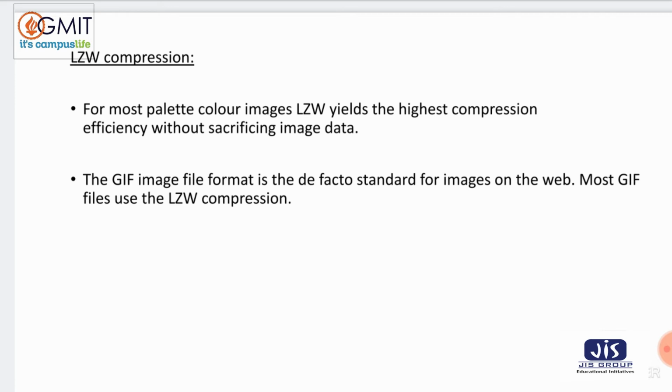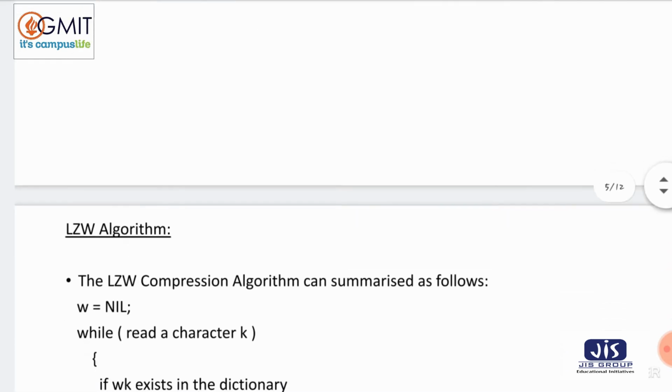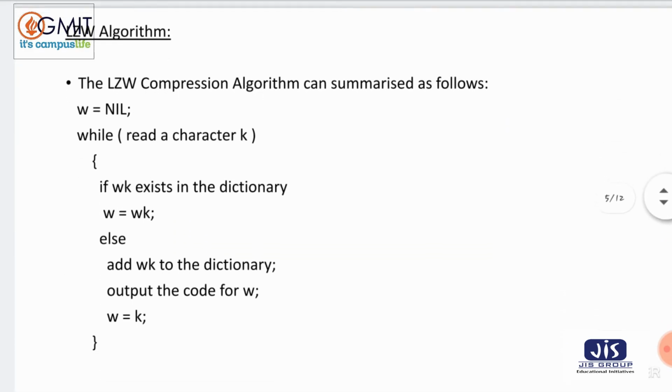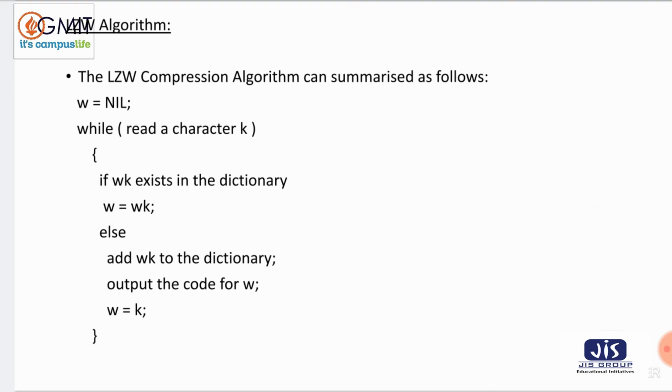Now you have to understand the algorithm for LZW compression, how it actually works. This is the main important thing here. In the LZW algorithm, there are 4 steps. First, just try to understand this coding technique. LZW compression follows: W is equal to nil; while read a character K, you have a string, so you have to read a character from the string. If WK exists in the dictionary, W is equal to WK, else add WK to the